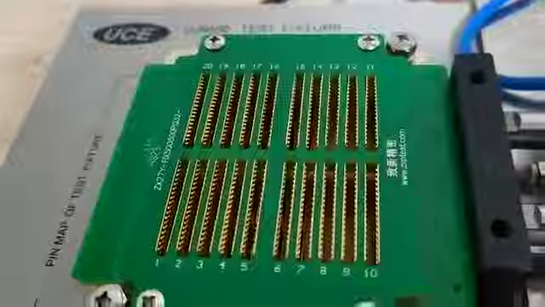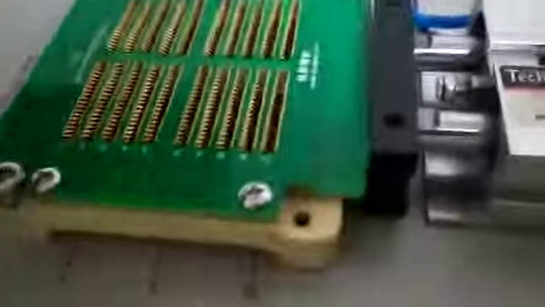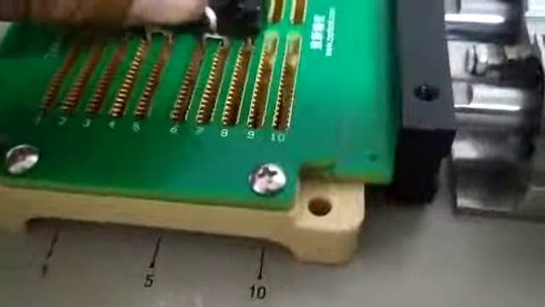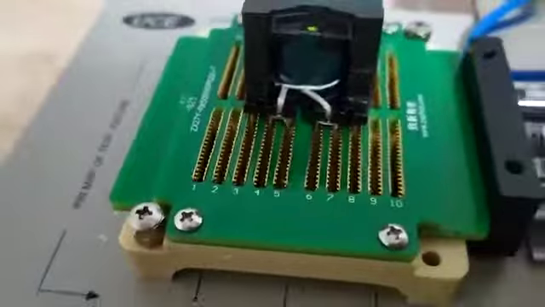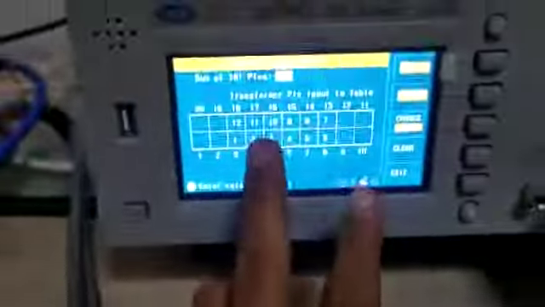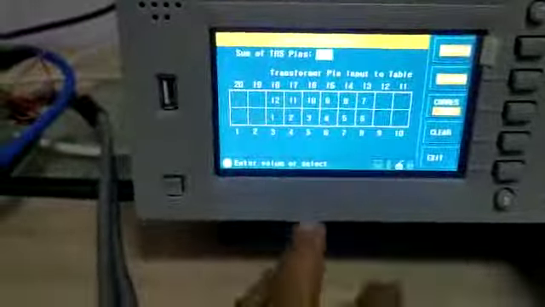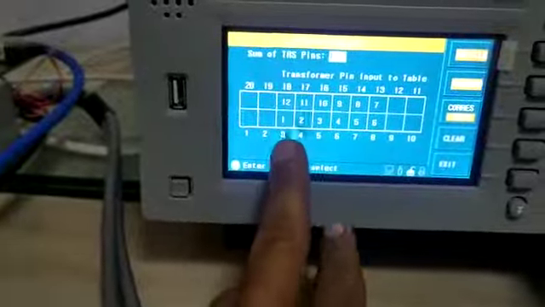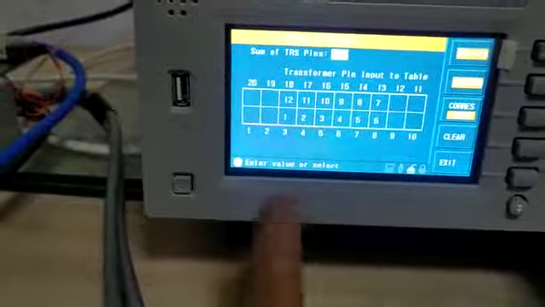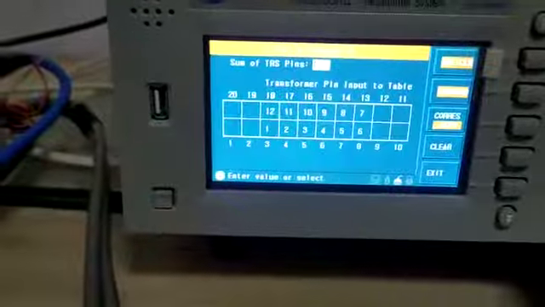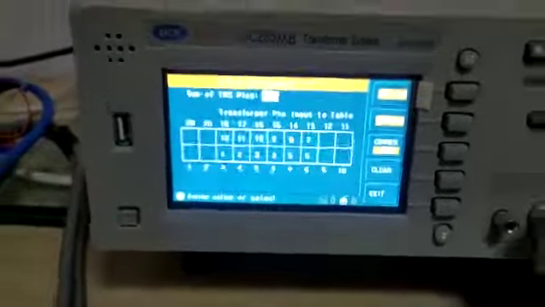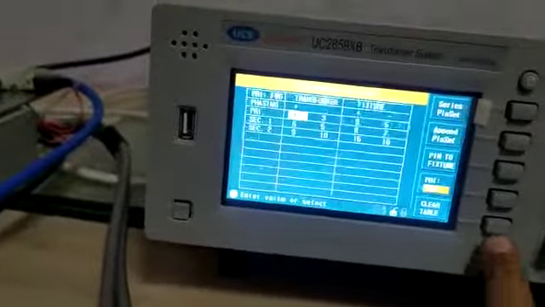Next, this transformer is a 12 pin transformer, 1 to 6 and 6 to 12, and the fixture is like this. So we have to fix it like this, okay, and we have to set the pin numbers, 12 pin number, and we have to keep pin number 1 on pin number 3 of the fixture or PCB, okay.